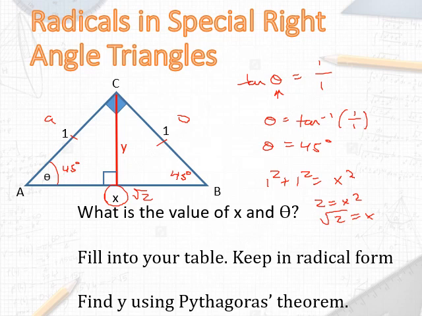And then let's see. So if this is 45 degrees, this is 90, that means this must be 45 degrees, and same on this side. So basically now you've got a 45-degree angle, the adjacent is y, the hypotenuse is 1, so that will be a cos function. So cos 45 degrees is y over 1, multiplied by 1 on both sides. So that's kind of a pointless one, but